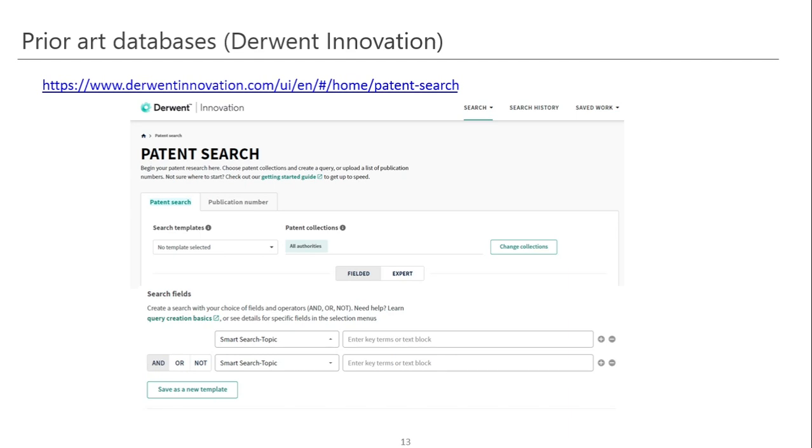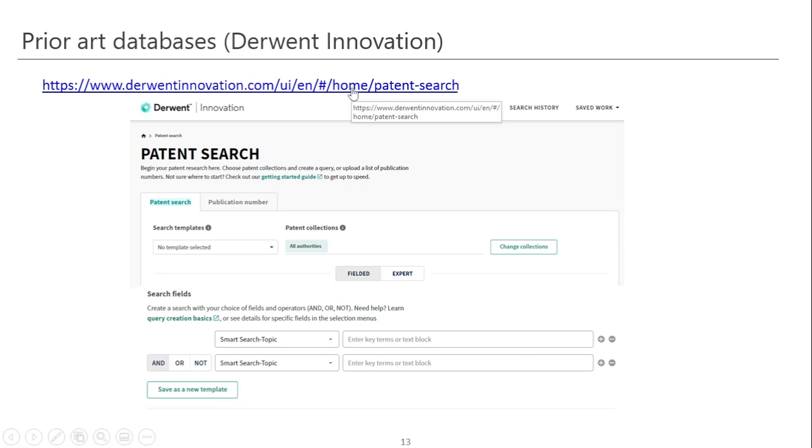This patent tool is by the company Clarivate. It's a billion-dollar company, and it provides a very comprehensive database, and it aggregates patents from more than 200 authorities. Meaning it contains patents from around 200 different countries. The search interface is very easy, and it provides meaningful insights, graphs, and you can search all the information the way you want.